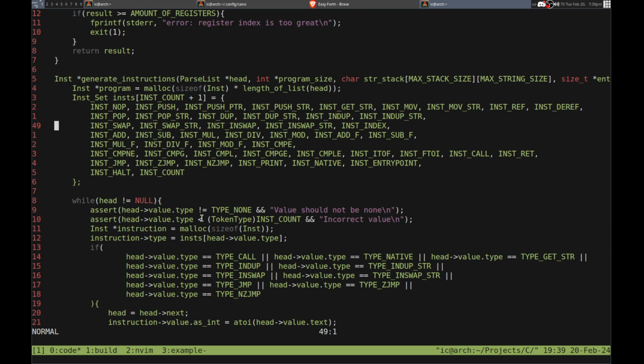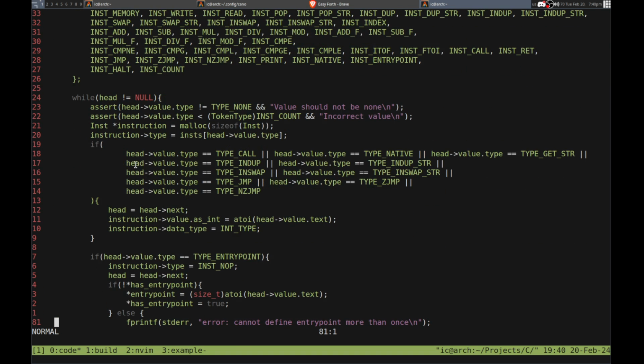So we have all the instructions here. We need to add this here, okay. So after dref, so we'll put it right at start here. Inst memory. Inst. Okay. So if it's any of these,